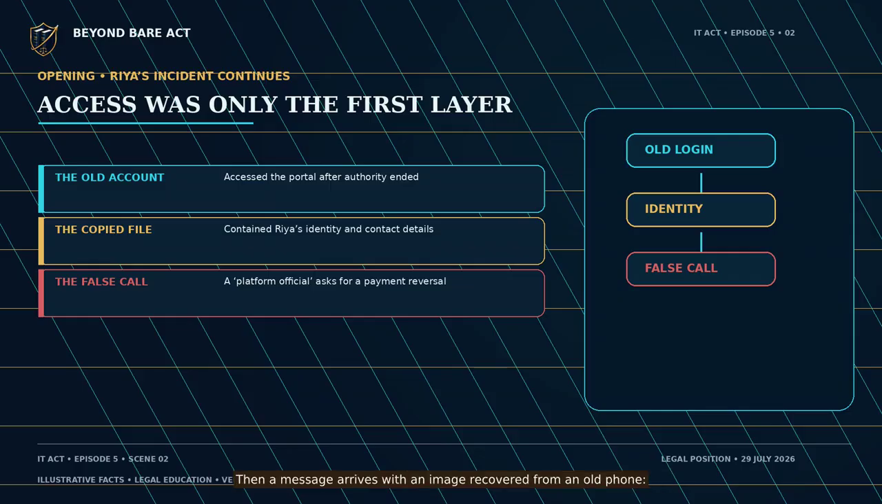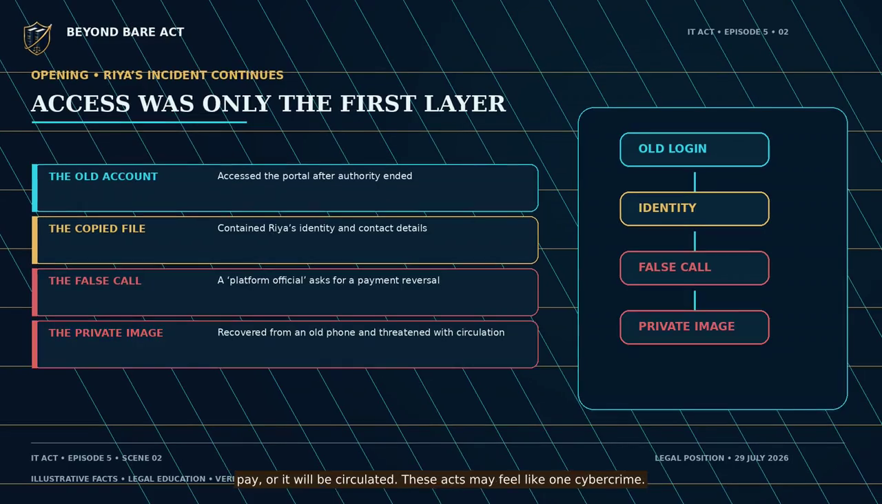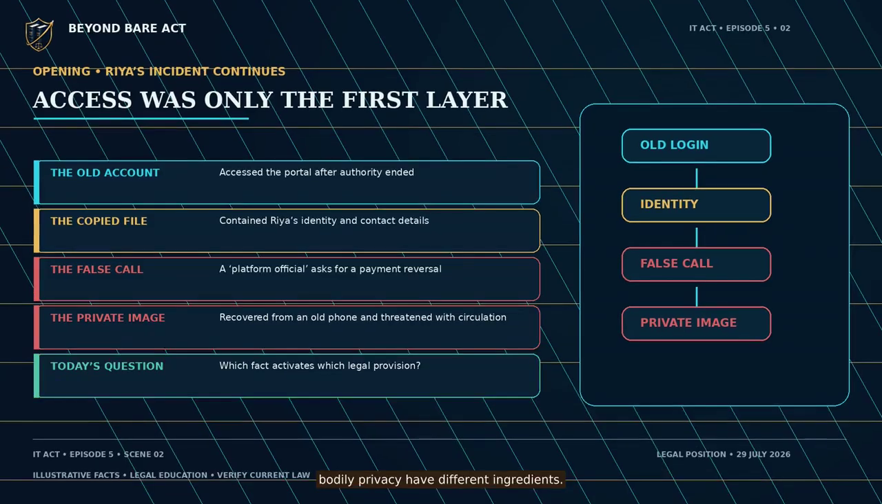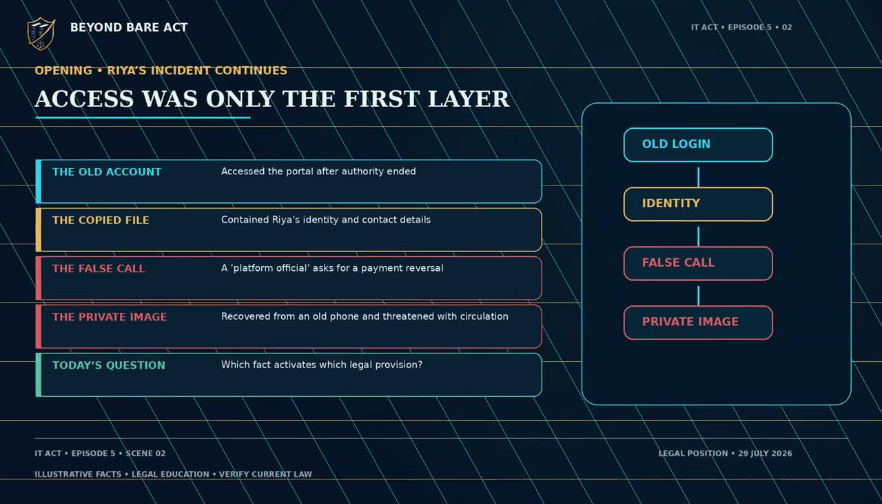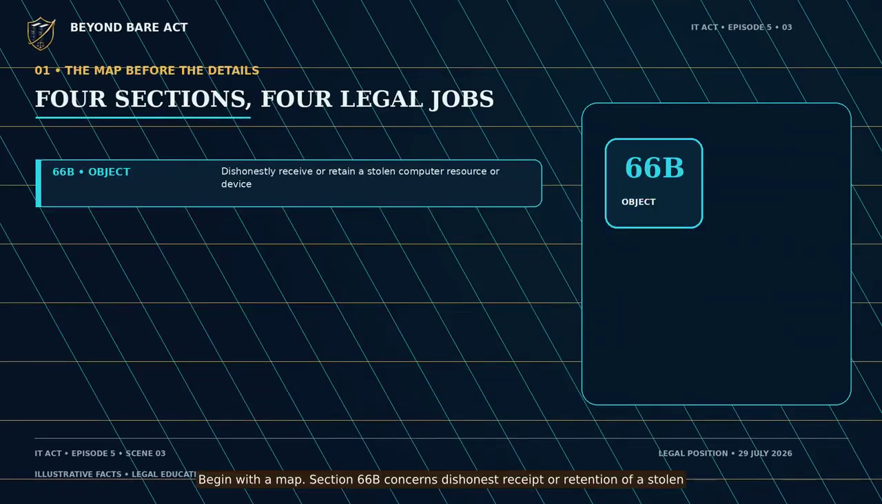These acts may feel like one cybercrime. Legally, receiving a stolen device, using another's identity feature, cheating by personation, and violating bodily privacy have different ingredients. A threat may trigger another offence before publication. Begin with a map. Section 66